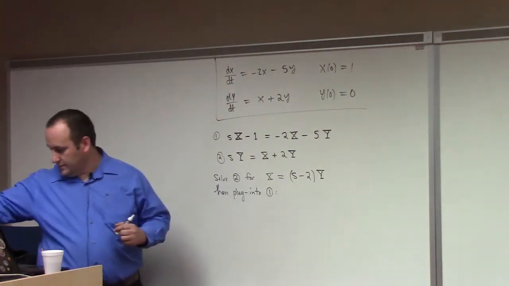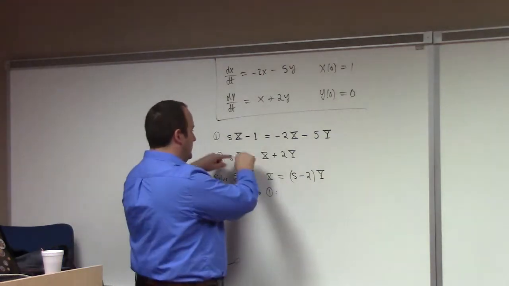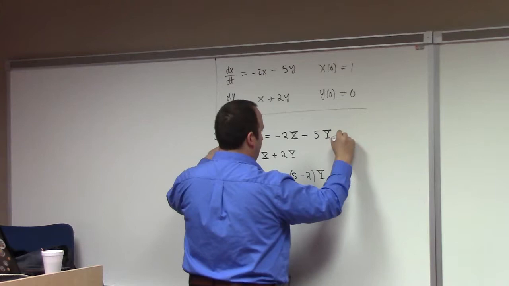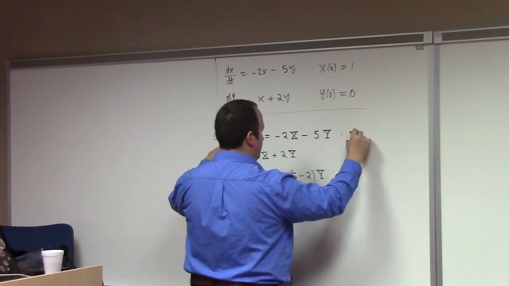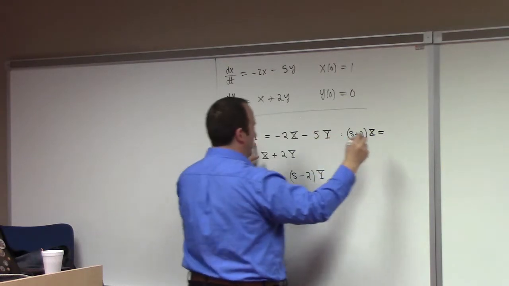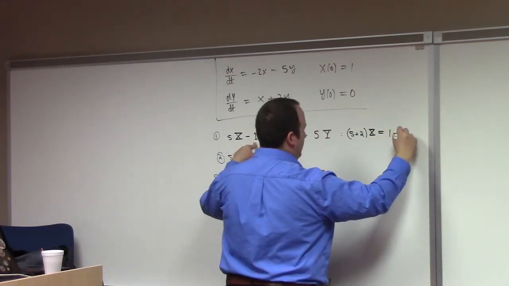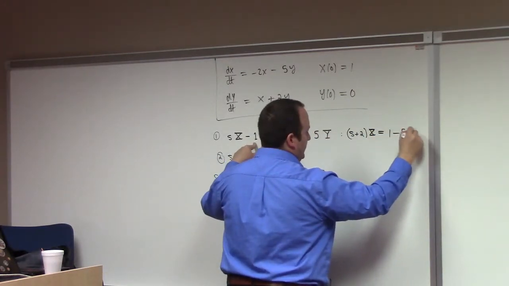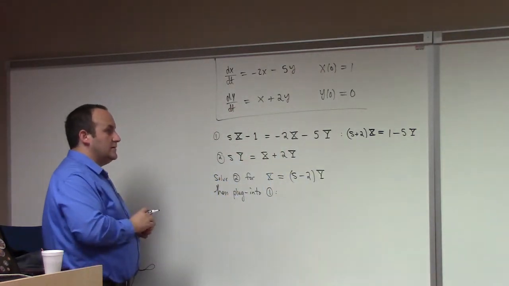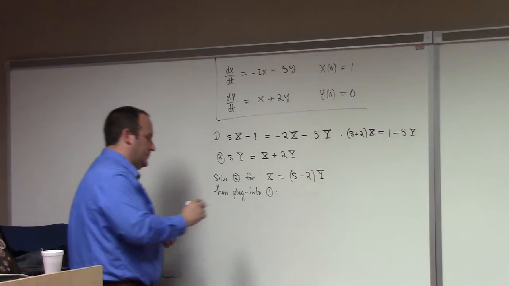All right. So cleaning up 1, what's it look like? It's really S plus 2 times big X equals 1 minus 5Y. I mean, you can clean it up other ways, but I just wanted to consolidate all the X terms together. Okay, so then plugging,